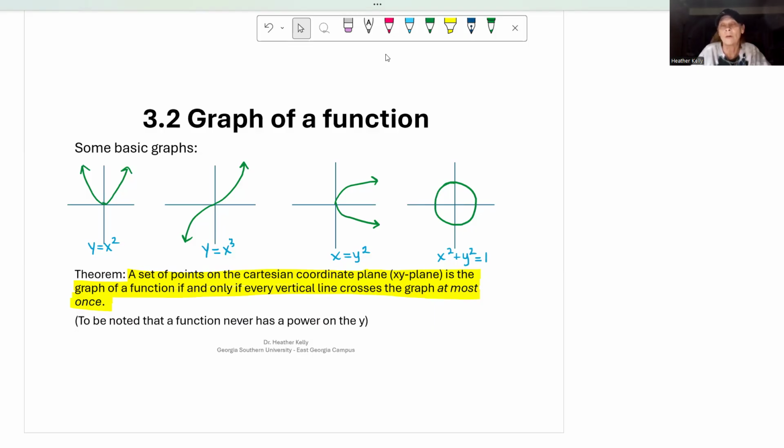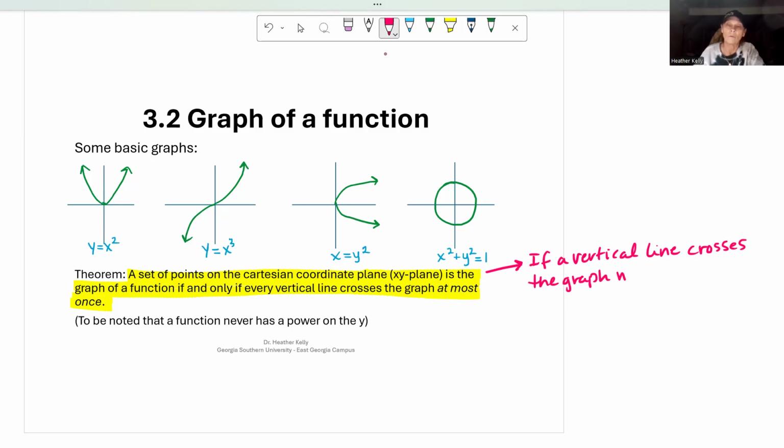Sometimes it's easier to define something by what would make it not that than by what makes it that. If not, we could be writing a million lines here. So the alternative here is: if a vertical line crosses the graph more than once, it is not